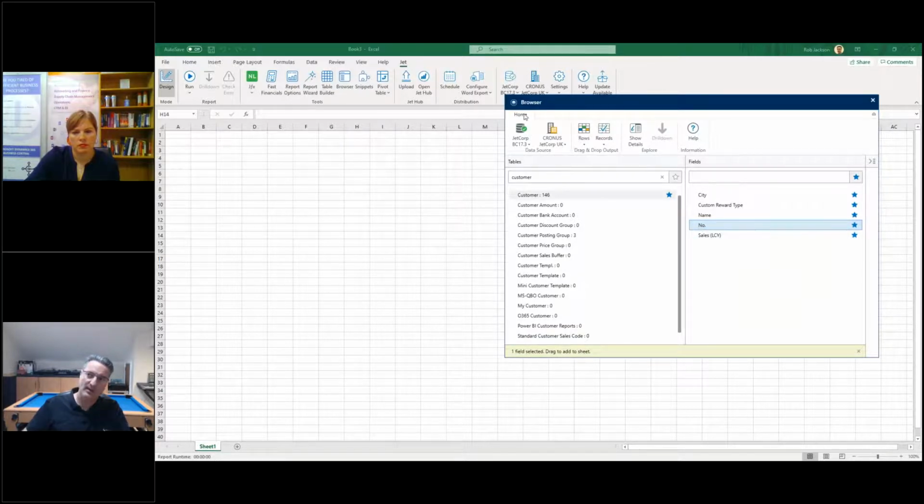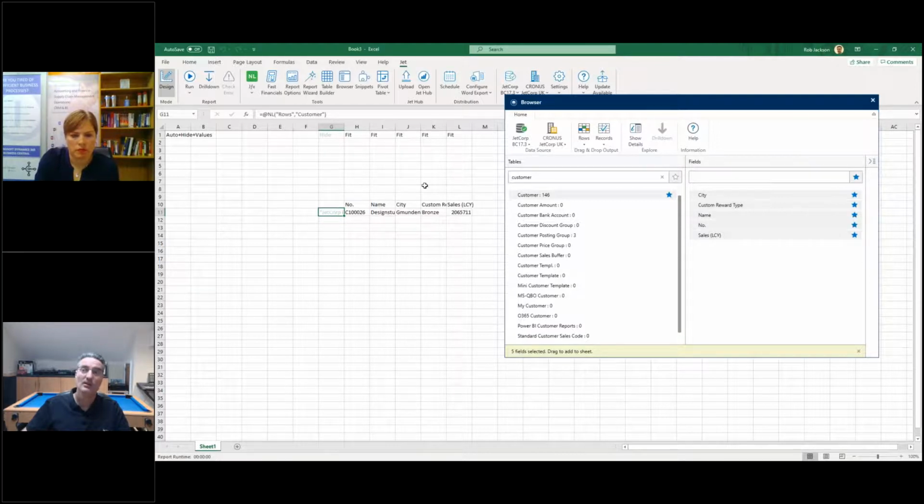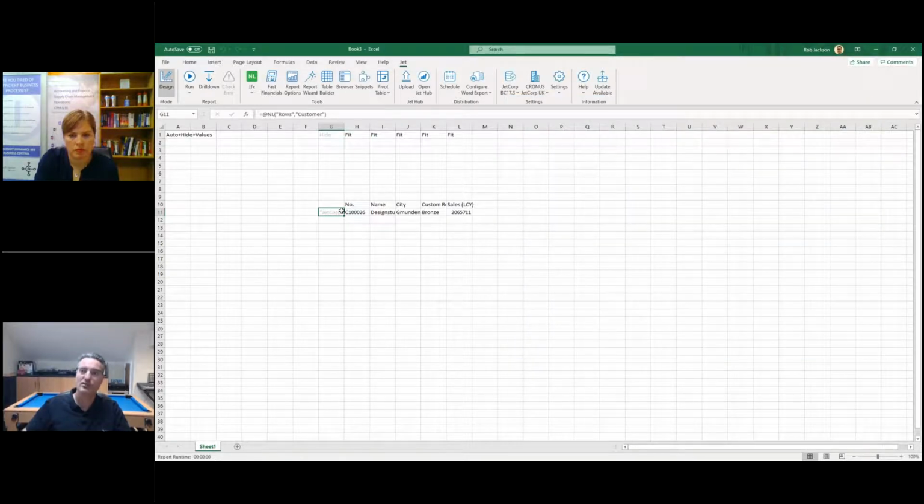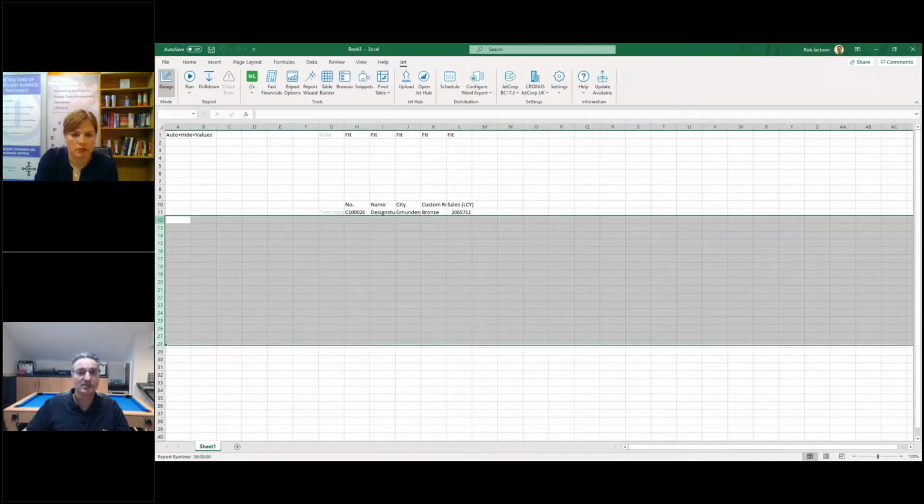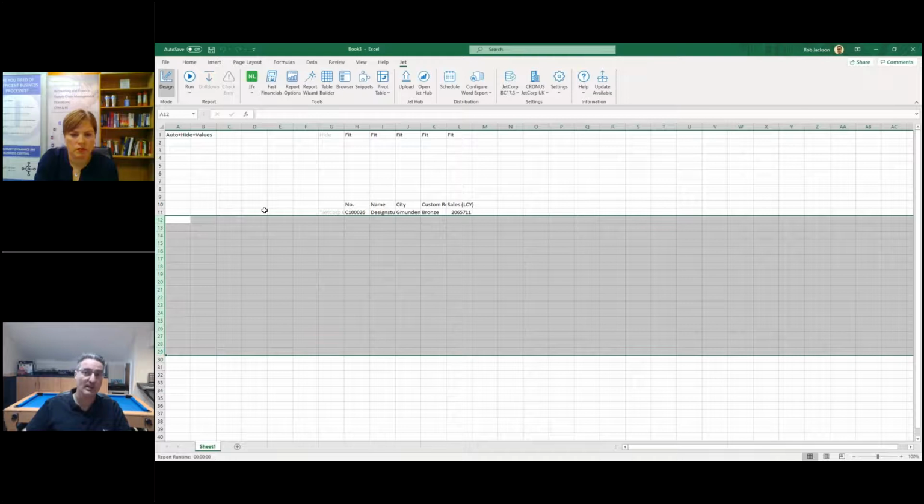So where we are here now is the browser. So this is one of the drag and drop tools that I can use, and I can just select some fields in a particular order that I want them to show up in the report, and then just drag everything across into Excel, and then everything else is basically done for me. The formulas that are built, I'll just explain these quickly. This NL rows customer will actually produce one row for every single customer record down the page in a list format,